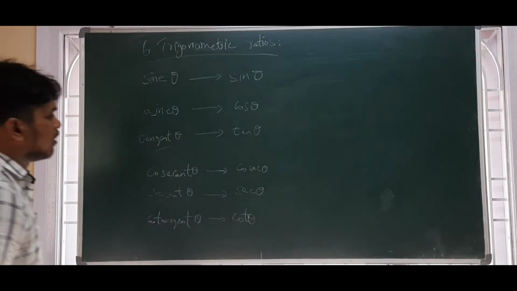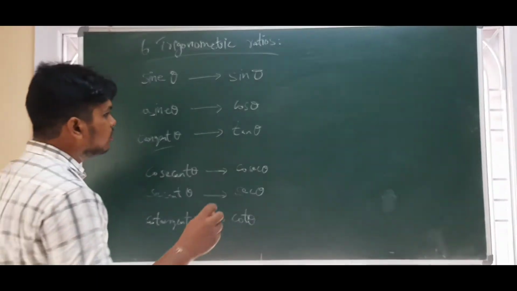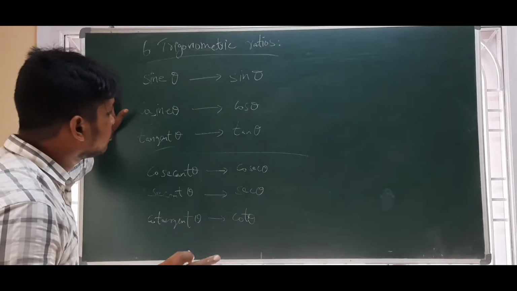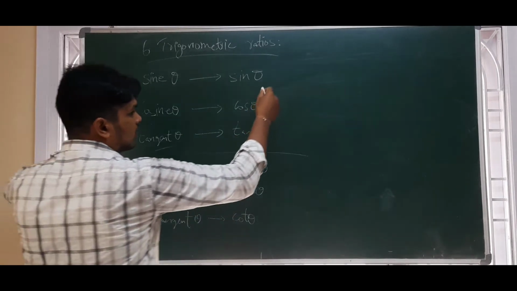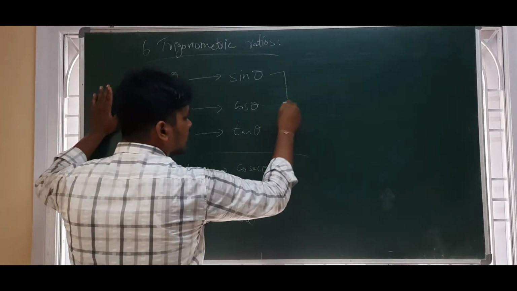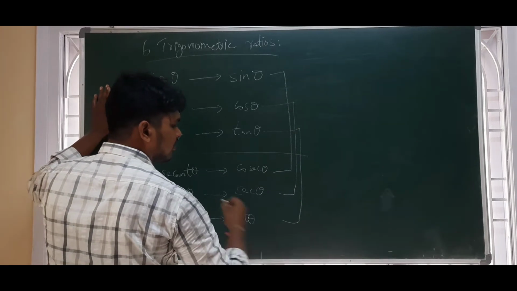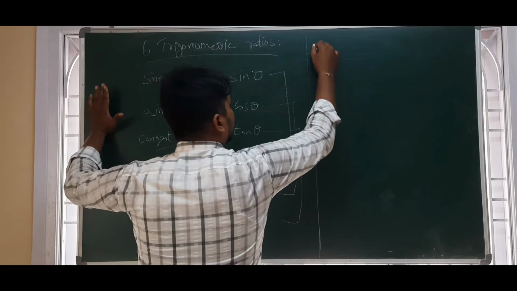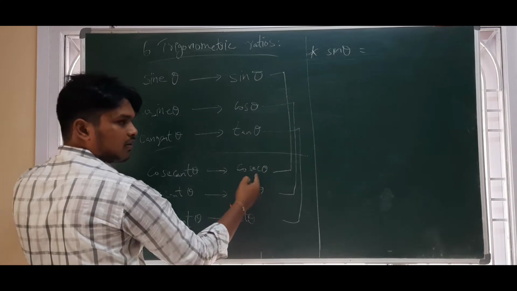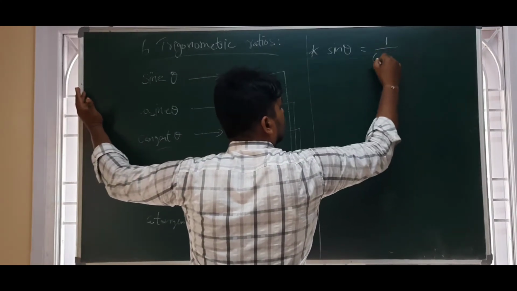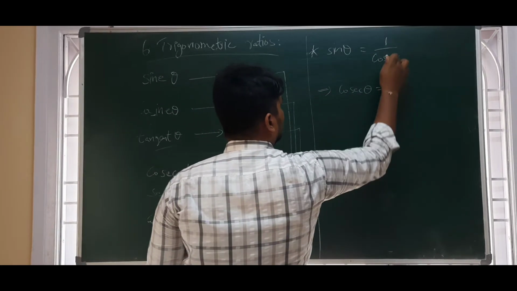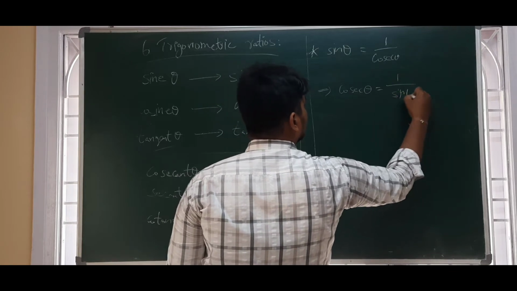Now, I will divide these six trigonometric ratios into two parts. Each consists of three ratios. What I will do is equate the first one in the first part to the reciprocal of the first one in the second part. Similarly, second ones and third ones. Sin is equal to the reciprocal of the first one in the second part, 1 by cosec. From this, I also get cosecant is equal to 1 by sin.